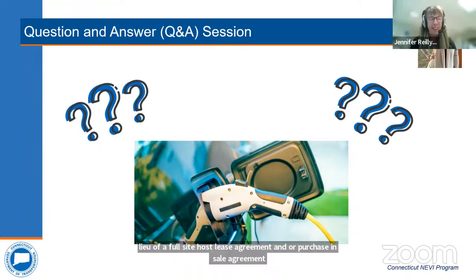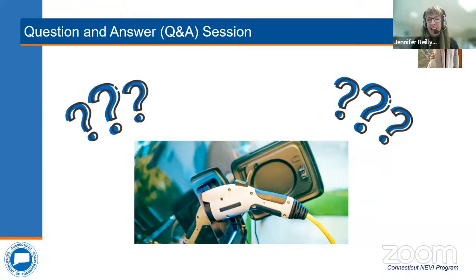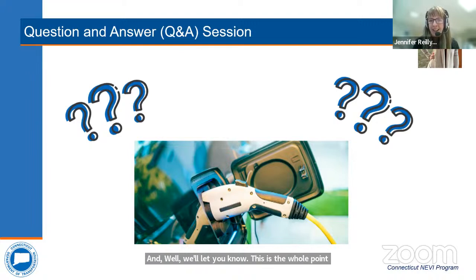This is a hot topic. Thank you for this question. I'm going to reiterate, send us what you have, and we'll let you know. This is the whole point of this process. The LOI is to be able to see what information you have, and DOT to be able to say, okay, this isn't exactly what we were looking for. This could be problematic for your application, and give you that feedback. So send what you have, and we'll let you know if that's the kind of information we're looking for. I hope that helps.